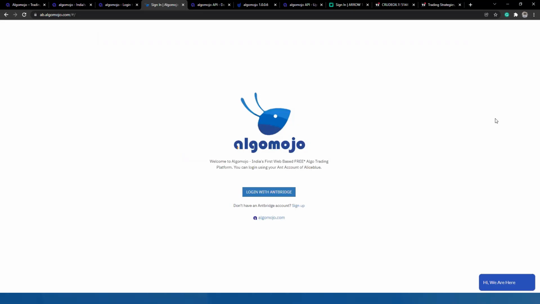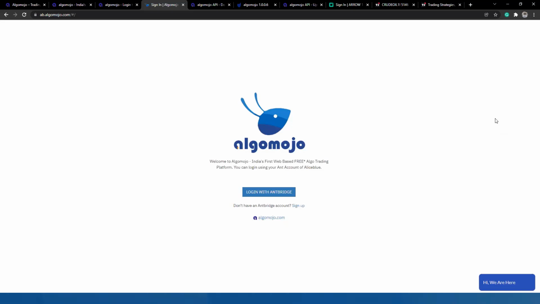For some brokers, if you are logging into AlgoMojo, it is not recommended to simultaneously log into any of the broker applications. If you log into a broker application, let's say you open the mobile application of that particular broker, sometimes it gets logged out. Particularly this happens with the Nest-based brokers like Alice Blue, TradeGenie, and Zebu. They don't manage multiple sessions, so at any given time, only one application can log in. So remember, if you log into any mobile or desktop application, AlgoMojo logs out. If AlgoMojo logs out, then automation will not happen.